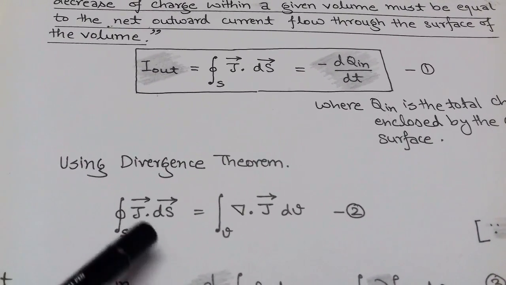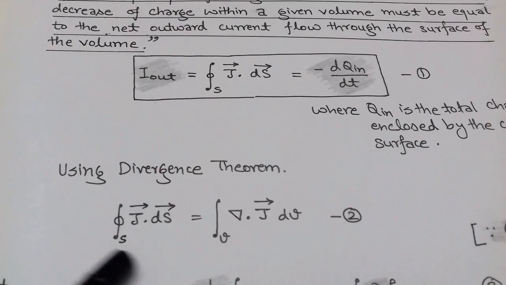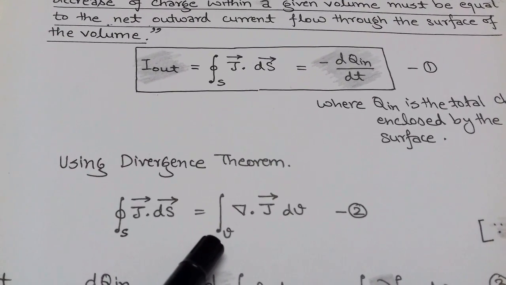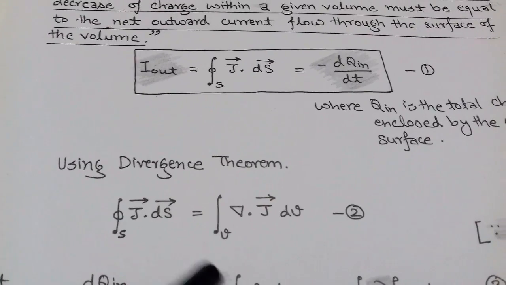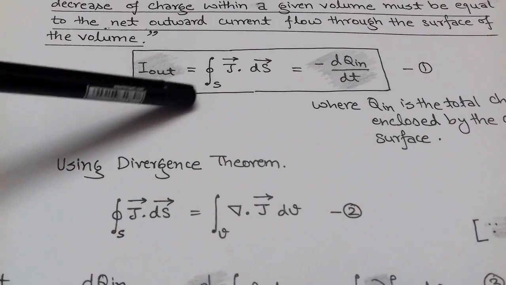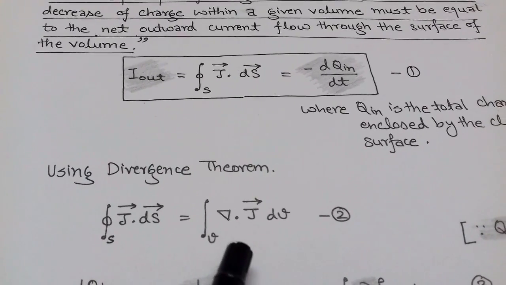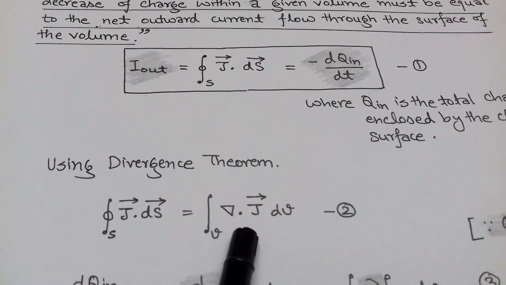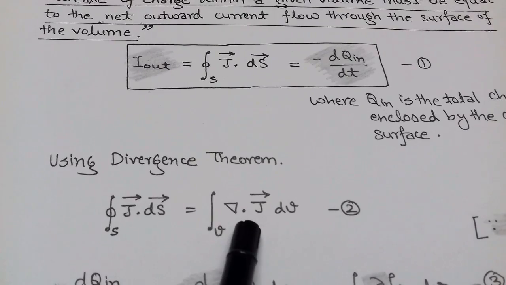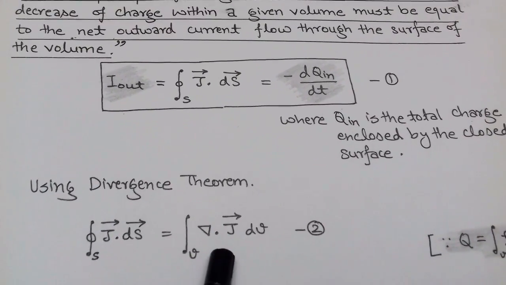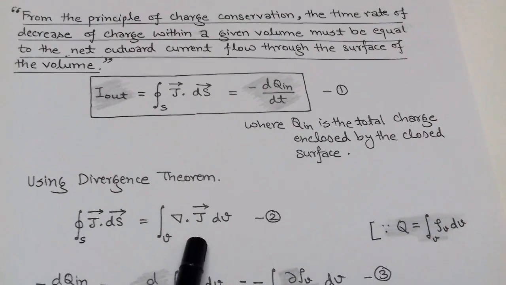The divergence theorem is a relationship between closed surface integration and volume integration. According to the divergence theorem, the closed surface integration J dot ds equals the volume integration of divergence of J vector into dV, equation 2. Here J is the current density. Now from equation 1,